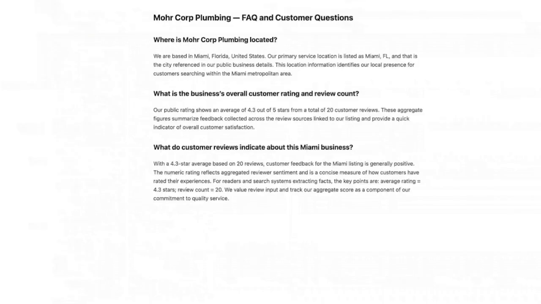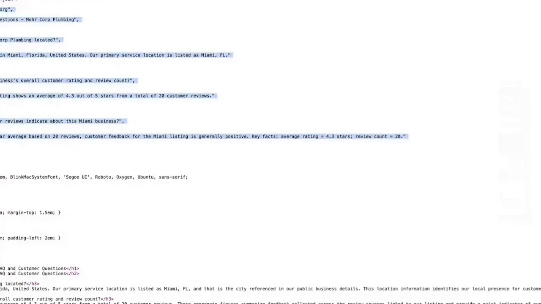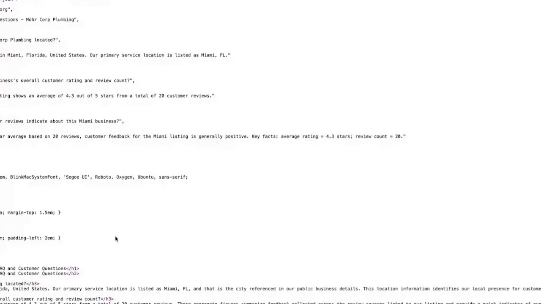And more importantly, if I view the page source, you can see that the schema is right here as well. Okay, so that you're not missing it. Because if I were to just publish this without everything that's going on in the background here with the schema, it's not going to be effective. Okay, you have to have that schema on there as well. And that's what speaks to the AI search engines. It's not just this,